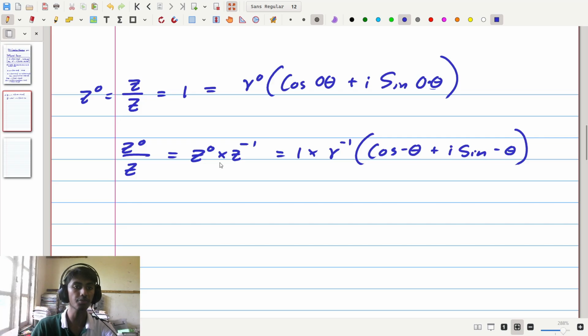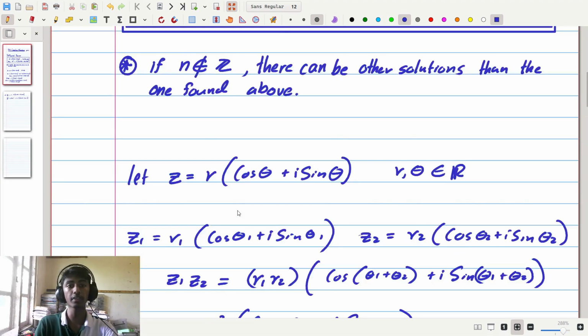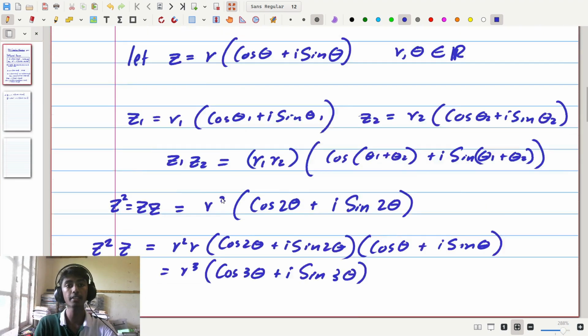If we keep doing this, we're going to eventually get r to the minus 2 times cosine of negative 2 theta and so on, and that way we also get r to the power of n times cosine of n theta plus i sine of n theta. So if you do this properly with induction, you're eventually going to get De Moivre's theorem